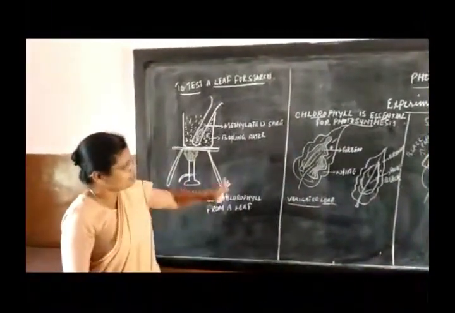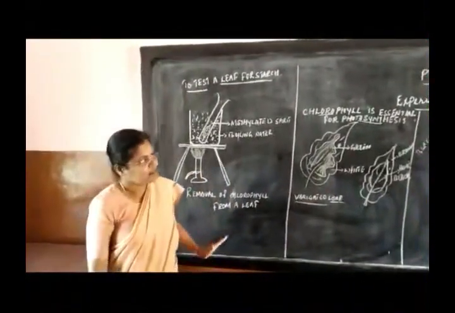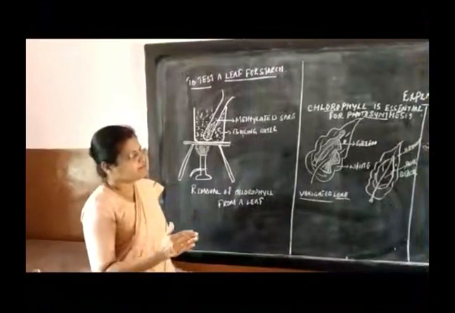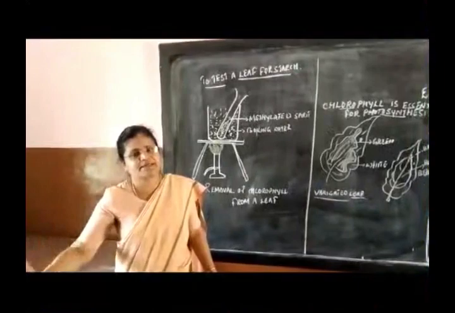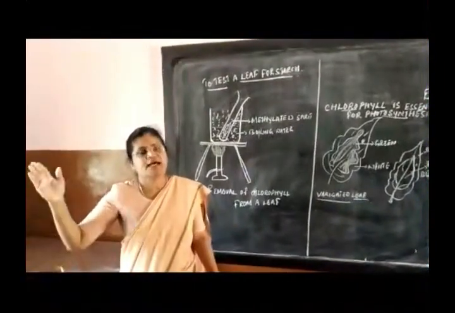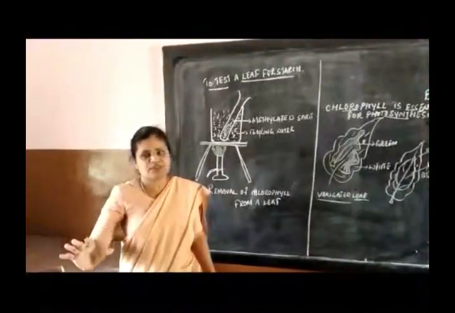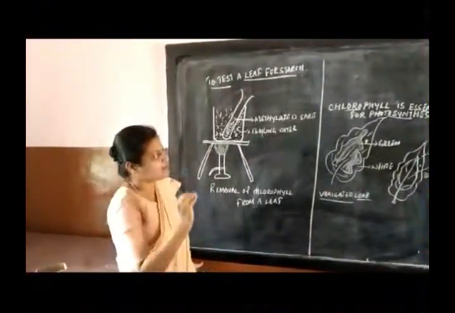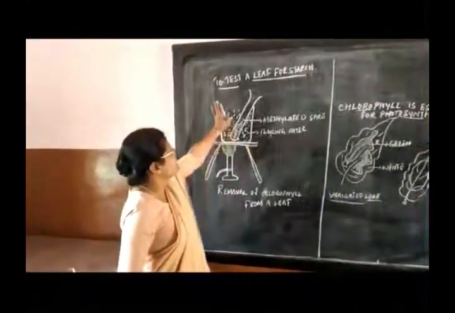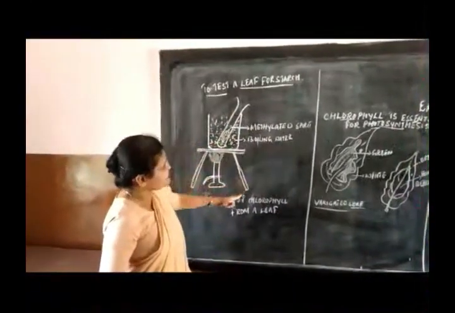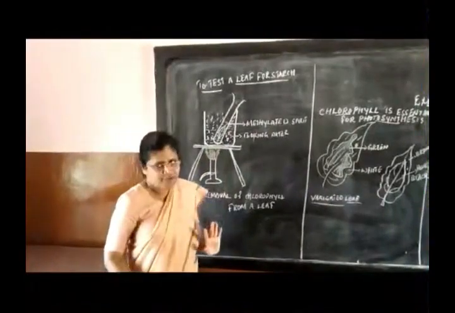Before I go to the experiment proper, let me deal with the starch test. Then you will understand, because every experiment will begin with, yes, the well-potted plant is kept in darkness for 24 to 48 hours in order to de-starch. That is the first sentence we will always use when we talk about any experiment on photosynthesis. Having said that, we go to the test for starch. Now this is not an experiment, this is one of the steps for the starch test.